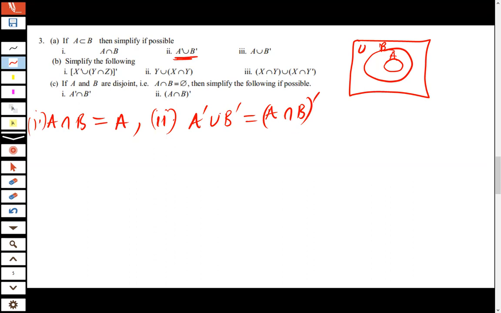From there, we know that A intersection B is simply just A. So A complement union B complement is the same as, A intersection B we found to be A, so we write our A there, then this complement we just write it there. That is our answer. Then on the other part, which is part 3. So part 3 is simply